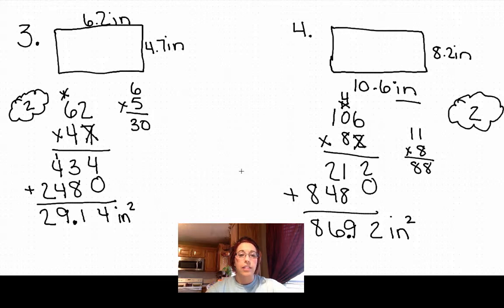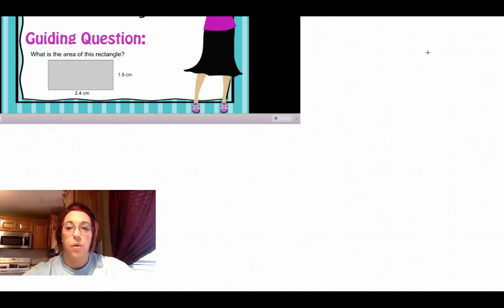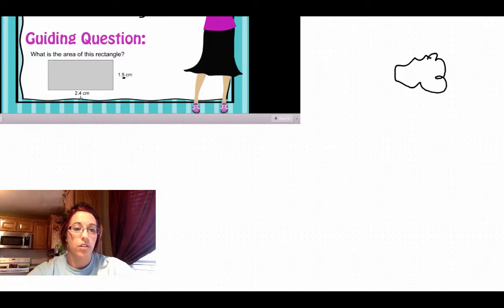So let's look at the problem from the beginning of our lesson. Give me just one moment and I'll be back with it here on my whiteboard. Okay, so at the beginning of the video, I asked you to solve for this guiding question. What is the area of this rectangle? So we have 2 4/10 centimeters multiplied by 1 5/10 centimeters. So we start with our decimal cloud. We have 1, 2 numbers behind decimals. And then we line up